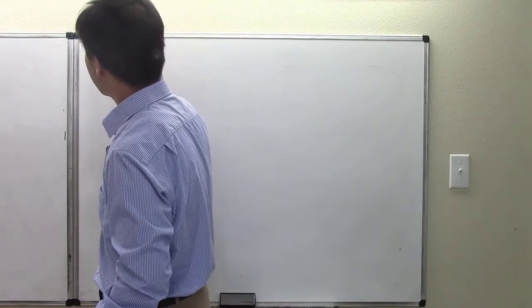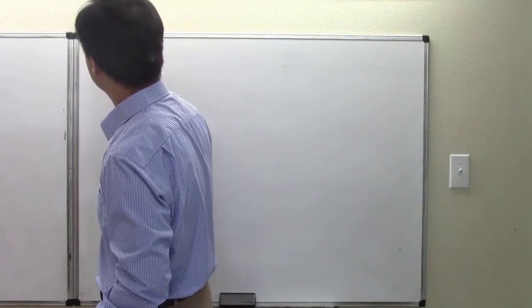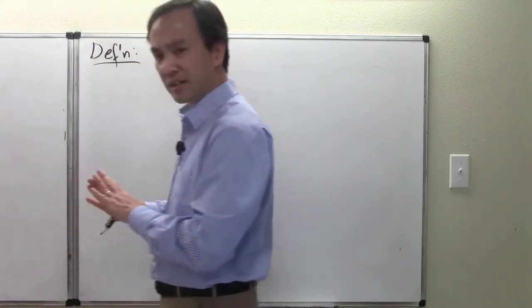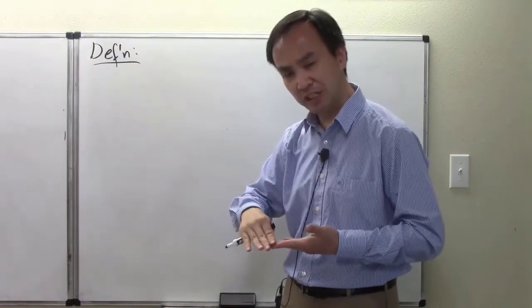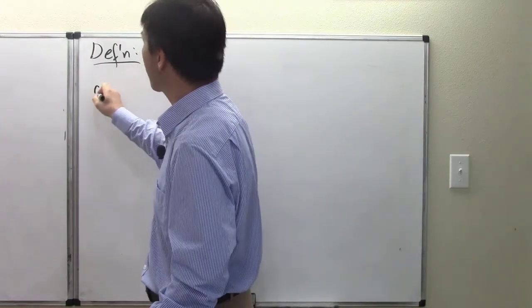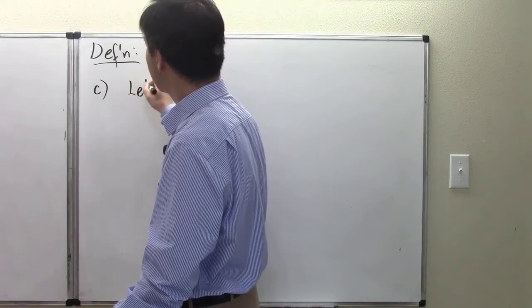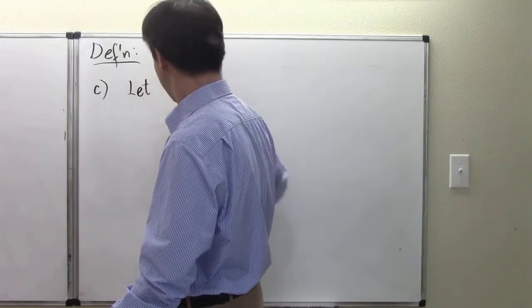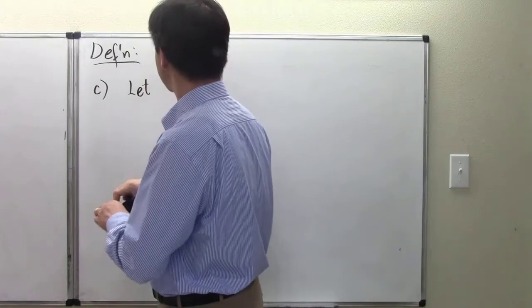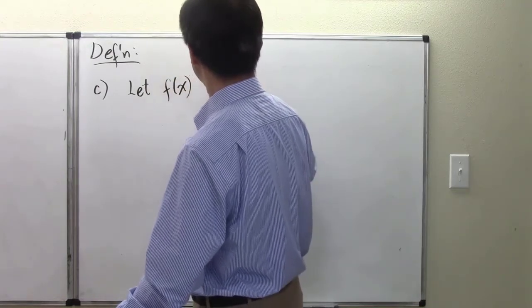So here I'm going to start out my definition, and it's really the same definition, but I'm just continuing into part C right here. So in part C, I'm going to start out by saying: let f of x be